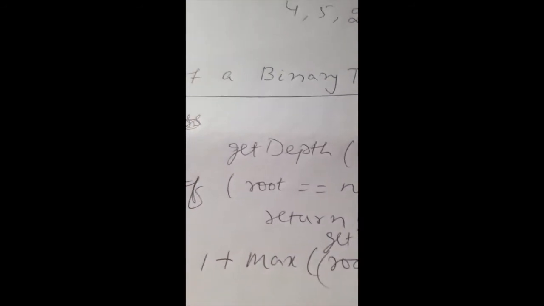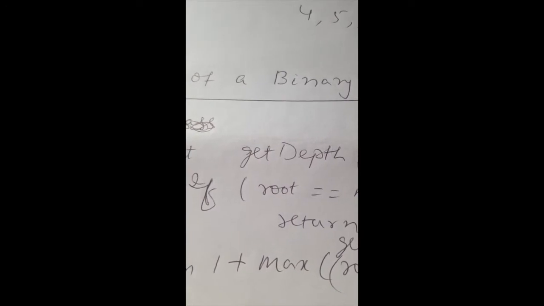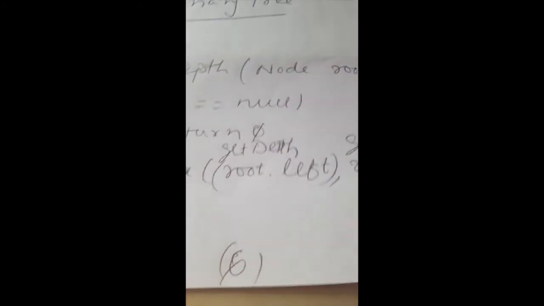Now how to measure the depth or height of a binary tree? In order to get the height of a binary tree, we can write a small code and see how it works. So here this is a method called getDepth, which takes a pointer to the root of the tree, and again it's the same way. If root is equal to null, then return 0. That means the height is 0. Okay, and otherwise go to the